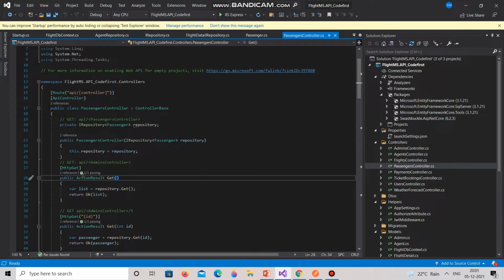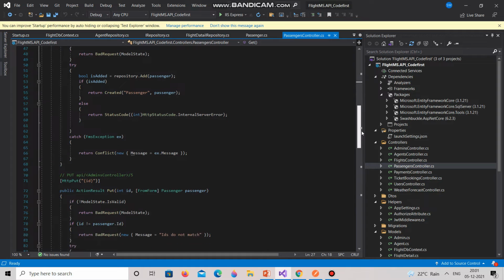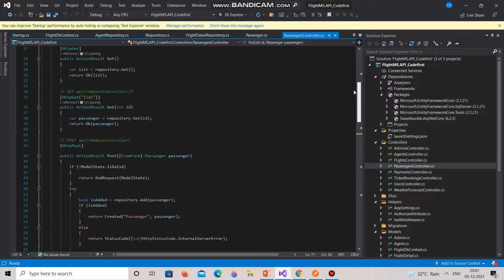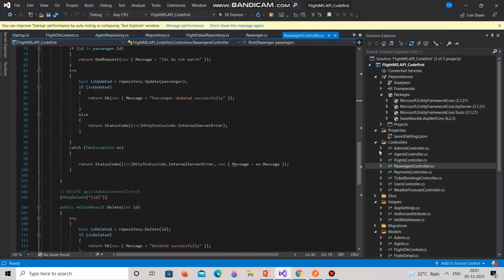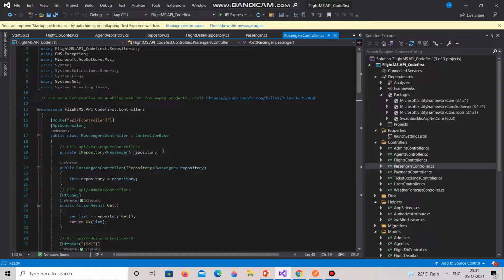So you can see there are several methods like get method and put method, and this is put by id actually. Then this post method is actually for adding any data. And later on we can see all this performed, and validation is done here. And we are calling the repositories from each of these actions.